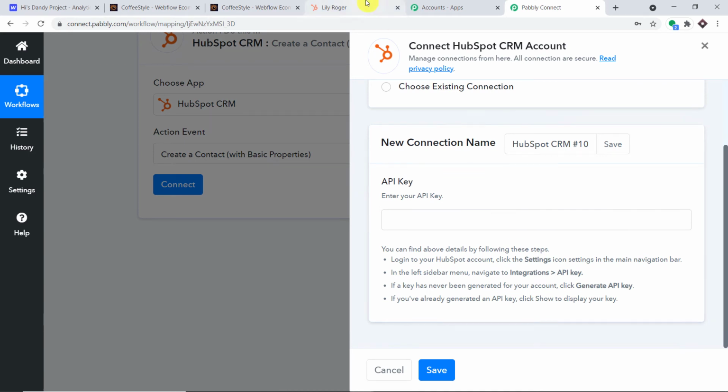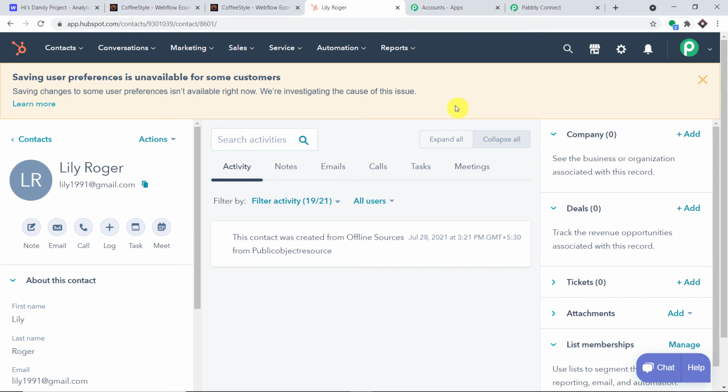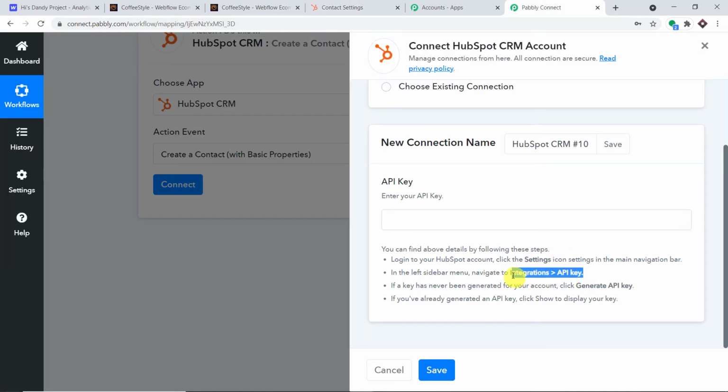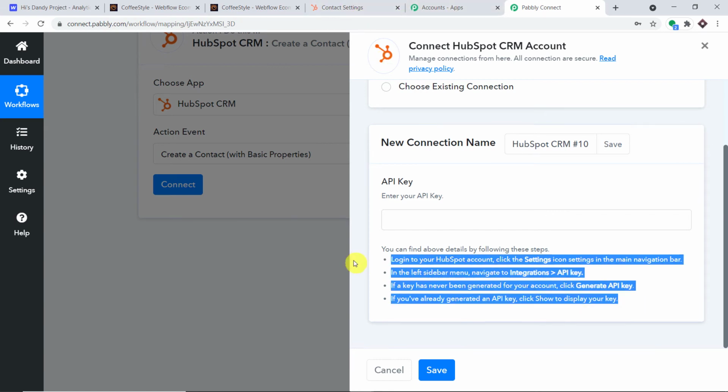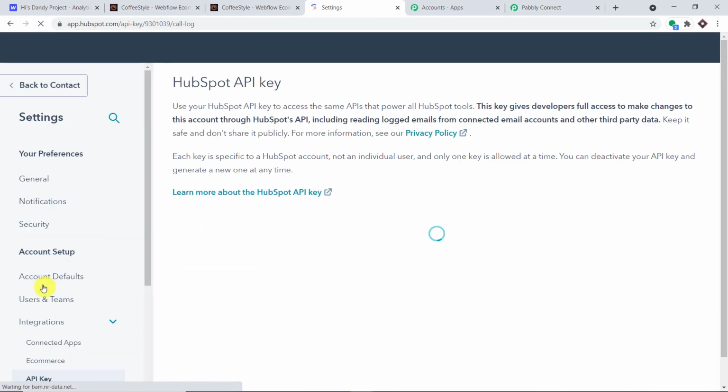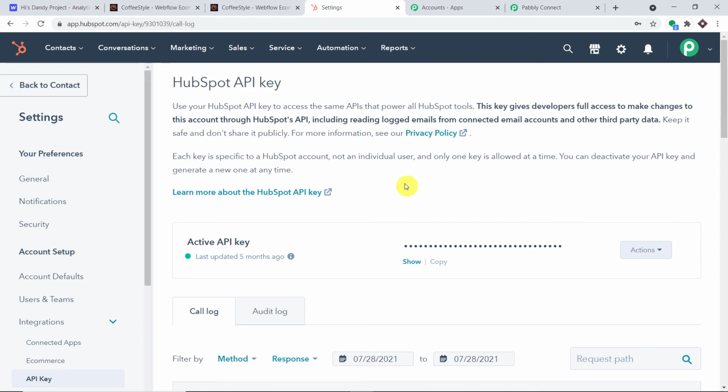So to get the API key, let's have a visit to HubSpot. So this is my HubSpot account. So first of all, just click on this gear button. Okay, so this is the gear button, and what's next? Okay, so actually I am a bit confused. So we have to go to the integration and API part. Okay, so as you can see, we do have this instruction. If you want to follow that, you can also do it. Okay, so we have to go to the integrations part, and then you have to click on the API key.